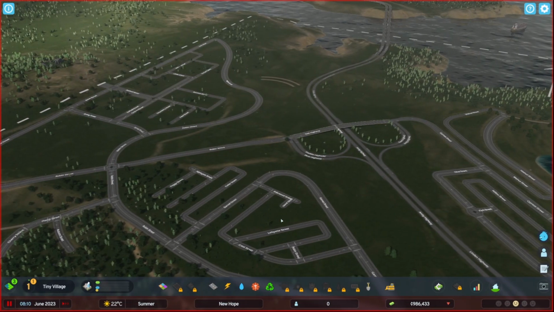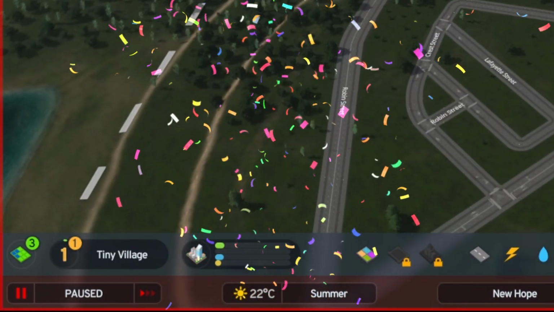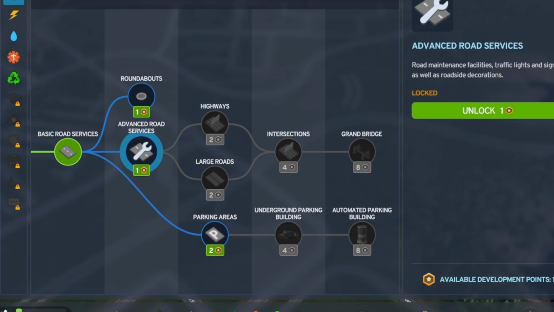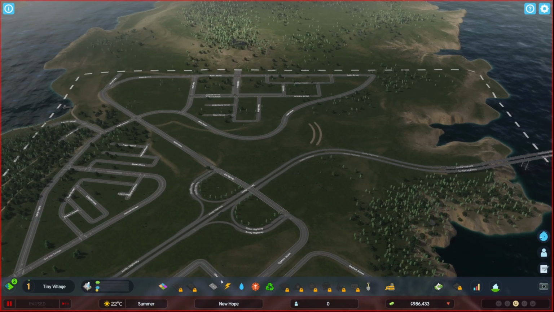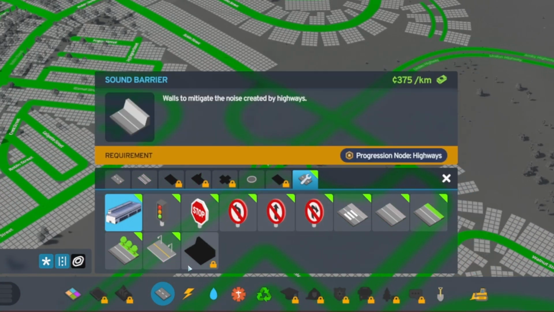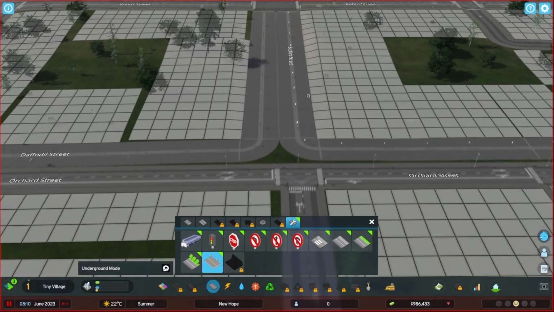If we drop down now, I will also mention that we've already leveled up without really placing anything. So we have access to our first development point, so we'll put that into advanced road services. That's actually really important as a first thing to unlock, because it gives us access to all these signs, which will allow us to improve our traffic from the get-go. And then we can also beautify our city a little bit. I wonder if this is what we needed to...